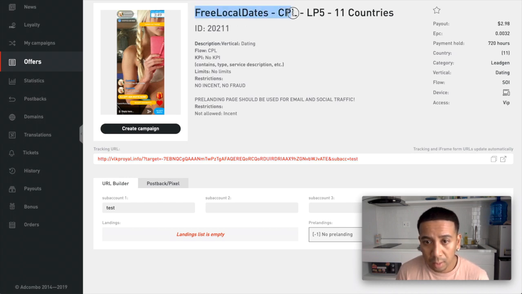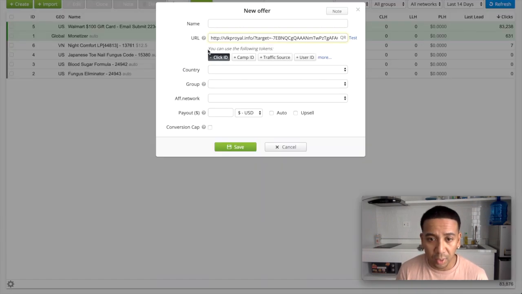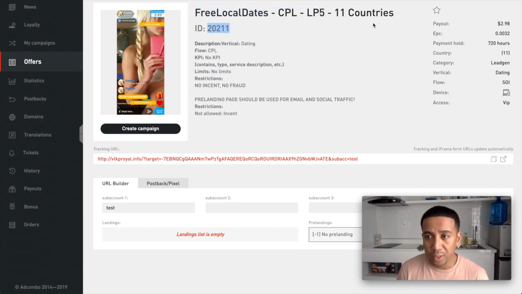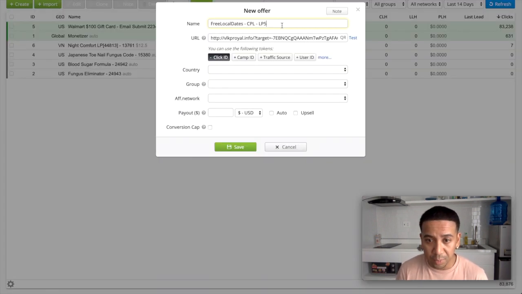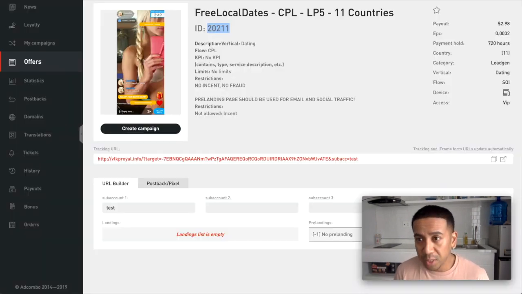Now, what I do for an offer name is basically copy this, and then I also copy this ID. That's basically what I do. Let me just show you. The ID of the offer is pretty important, in my opinion, just because I can reference it real quick. I mean, I don't even need all this. This one will be specifically for